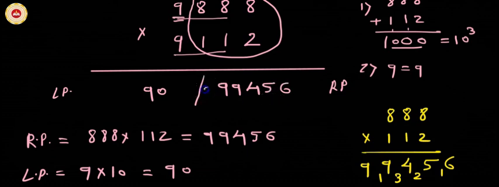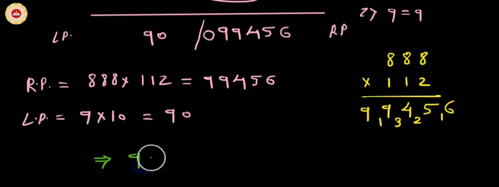Let us write 0 at the left of existing digits. Now there are 6 digits, 1 2 3 4 5 6. Yes, it is balanced now. There are 3 zeros in the sum, so we need to write 6 digits in the right part, twice the number of zeros. Now friends, let us write final answer. Final answer is 90. Remove slash, write 099,456. This is answer.